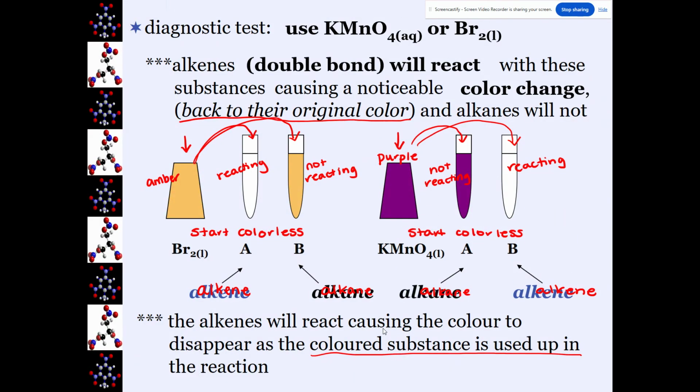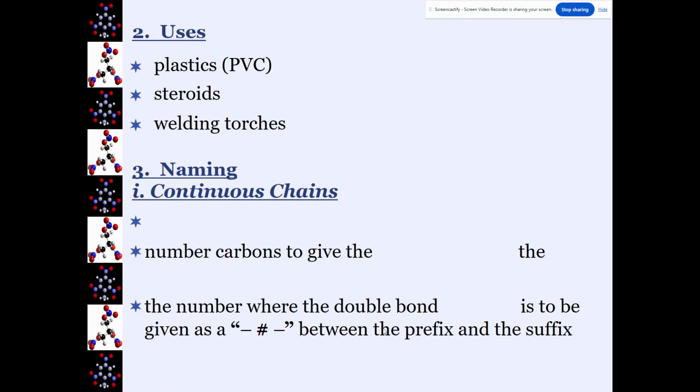Now, what are some uses of them? Plastic, steroids, welding torches like acetylene. Those are different gases that get used, some plastics, PVC for example, and steroids. It is important to know the uses as well as naming and their